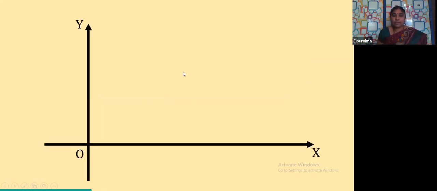It's a coordinate axis. See, I am drawing a free hand curve here, children. This is a free hand curve drawn by me. So what is this? It is a curve. Do you find any proper shape here? No. Yes or not? So now, if I ask you to find the area covered by this curve above the x-axis.